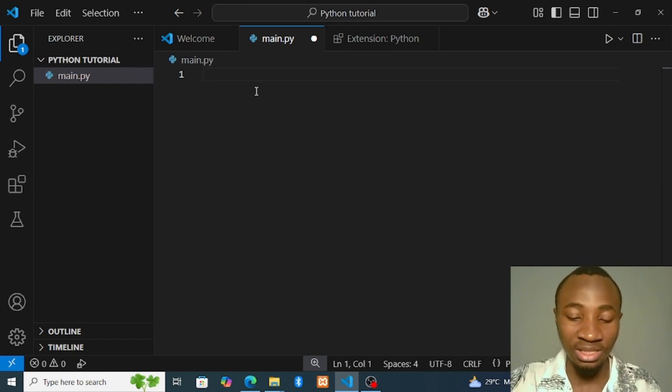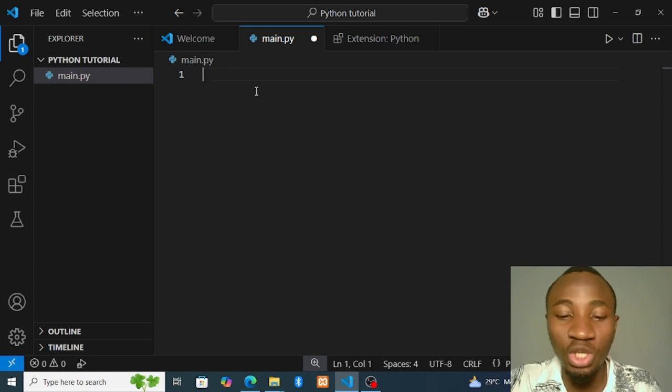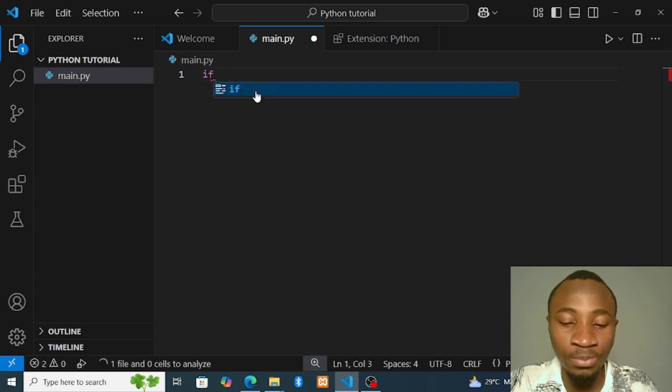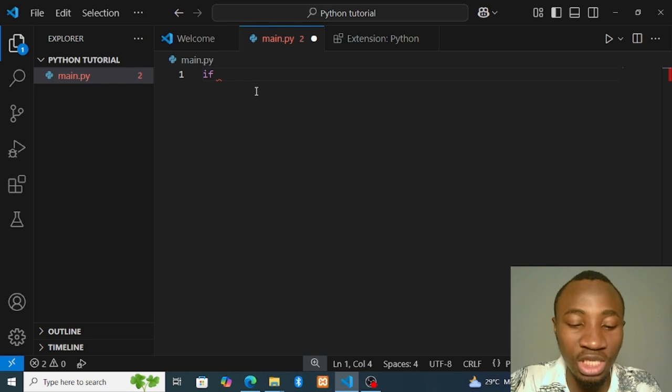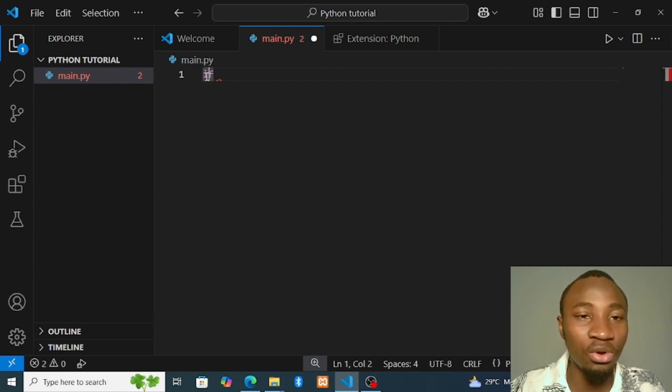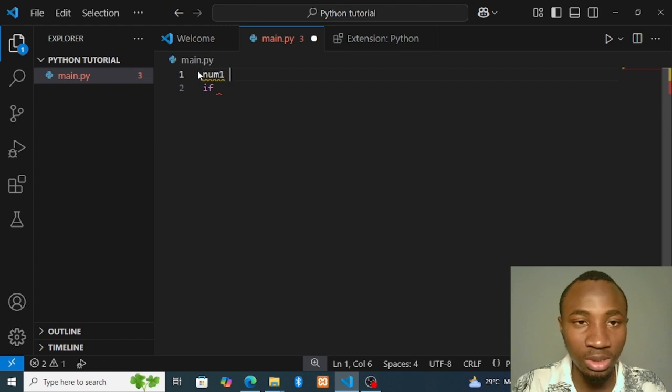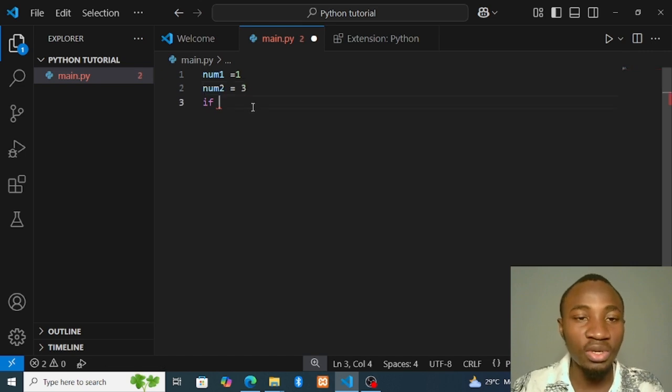So let's start writing. To use the if statement, the first thing we need is the if keyword. So we say if. The next thing we need to add is a condition. As I've explained earlier, we're going to be creating a program that will compare two numbers. So I'm going to create two variables, num1 and then num2. Then I'm going to write an if statement: if num1 is greater than num2,